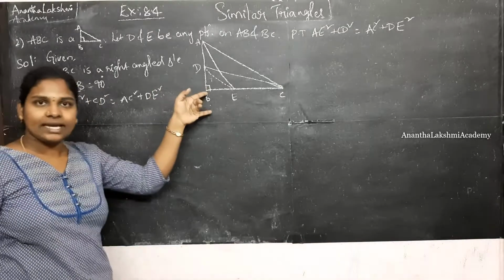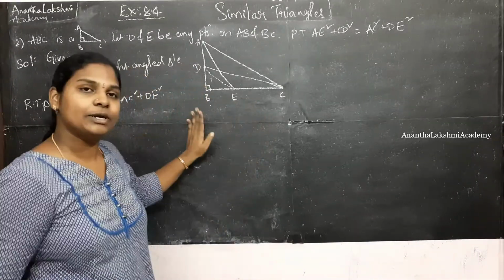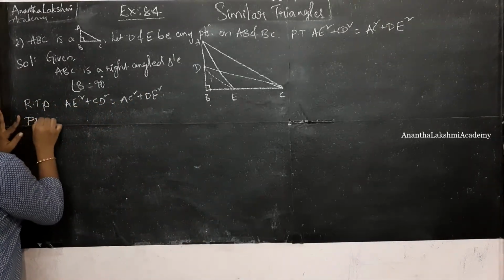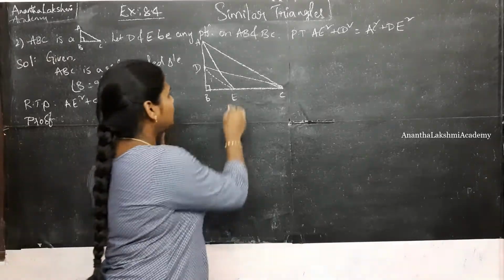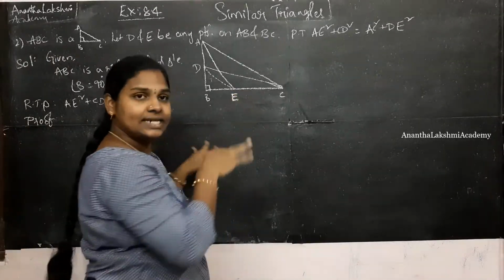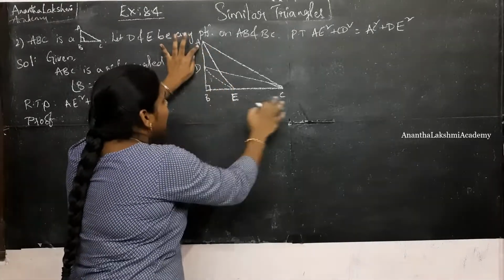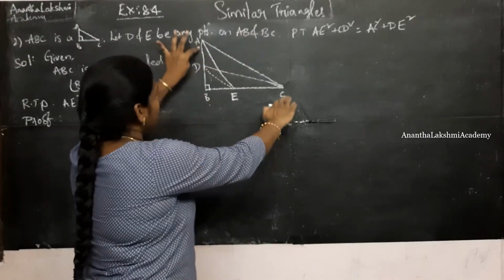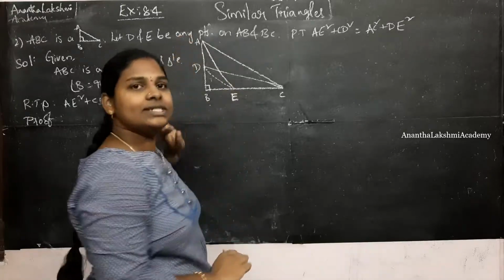Okay, this is the triangle which is already given to you in the textbook itself. This is not drawn by me, this is already given. Okay, let us jump into the proof. Even before jumping into the proof, let us understand this diagram first. How many triangles do we have? ABC is 1. DBC is 1, ABE is 1, DEB is 1.